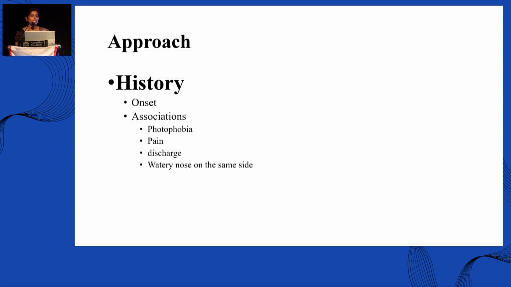When approaching a child, the first thing we have to ask the parent is the onset. If the onset is soon after birth, we have to consider NLDO as our first differential diagnosis. If it is acute onset, we have to think of the reflex causes as well. Then we have to ask for associations. If the child is having photophobia in addition to the epiphora, the most probable cause will be either congenital glaucoma or some